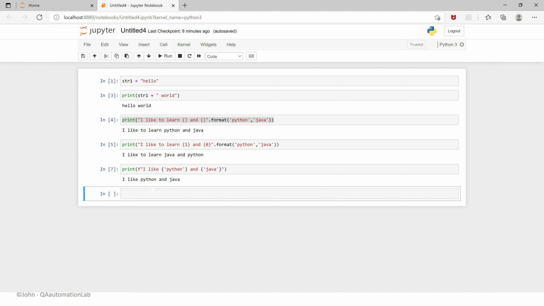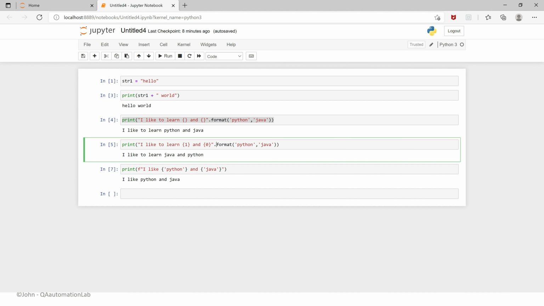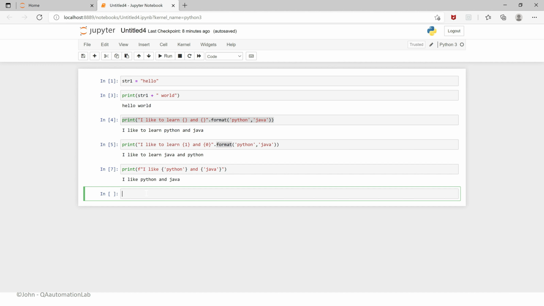The advantage of fstring is like we are not using format method. In format we are mentioning the values here which we want to mention inside print where empty curly brace or some positioned curly brace is available. In fstring we straight away mention whatever value is required, or else we can mention like this as well. Print curly brace, are you, dot format.